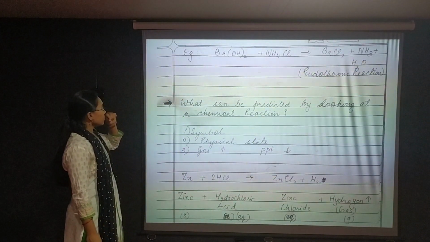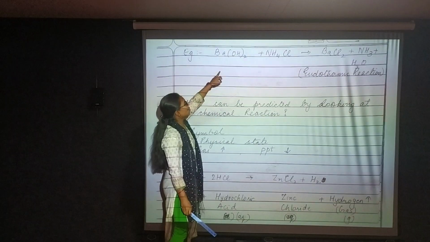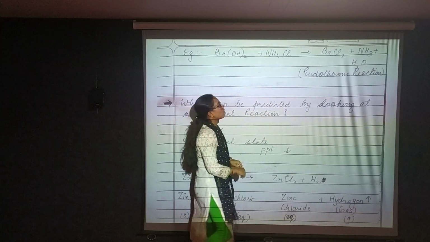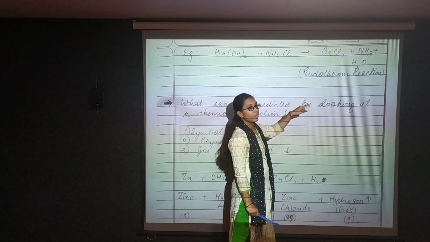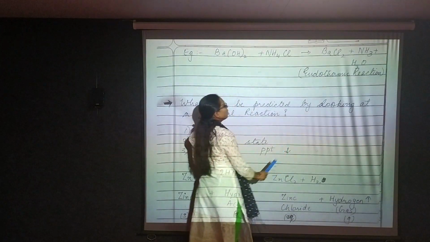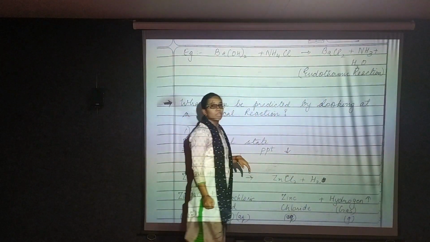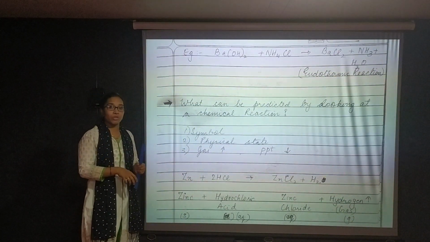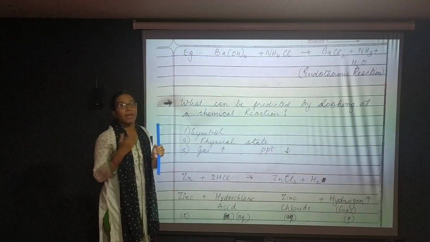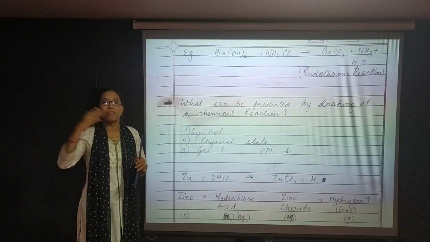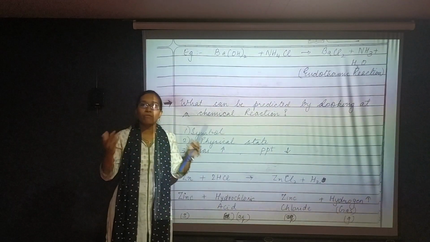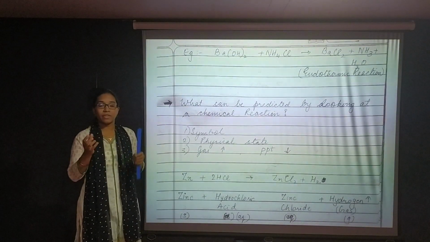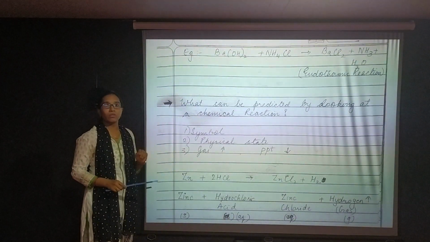Next is barium hydroxide, that is Ba(OH)2, when combined with NH4Cl, ammonium chloride, it will form BaCl2 plus NH3 plus H2O. Now this is an endothermic reaction. Endothermic reaction means in which heat is absorbed. Heat will be inside the solution only. That means endothermic reaction. And exo means the heat is released or evolved. When the heat is released or evolved, it is exothermic, and when the heat is inside the substance, that is when the heat is absorbed, it is known as an endothermic reaction.